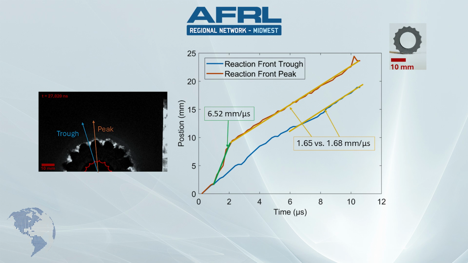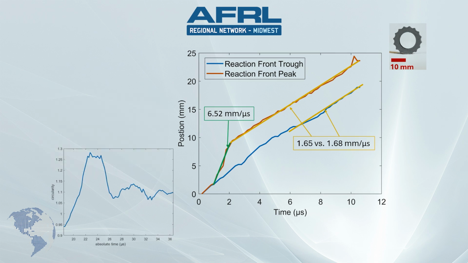So if we bring back that circularity graph, we can see then that our run ahead is associated with the initial spike in circularity ratio. And then we can see that there's a small period of time in which our circularity ratio is a little bit steady, and then that begins to fall, which is associated then with the trough that has a slightly higher velocity, kind of playing a little bit of catch up. Then we hit a steady state where we have it kind of settled down into about a 1.1 circularity ratio. So you still do have some of those peak features present, but they've been a little bit softened by the